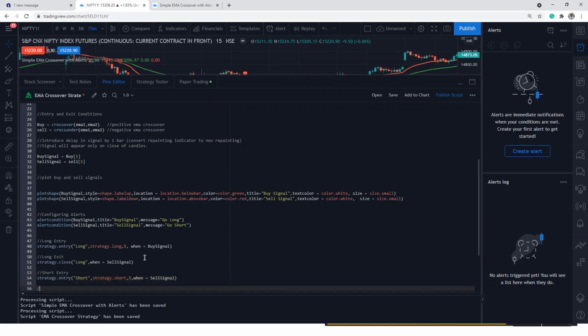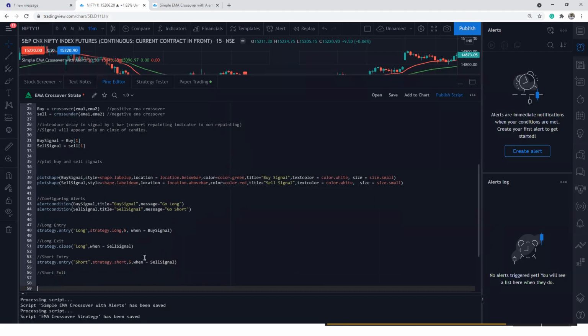And finally, I want to code the short exit as well. Short exit. See how I'm coding. Strategy.entry. Sorry, strategy.close. I want to close the position. For which position? It belongs to the short position. It's the same ID I'm using here. Whatever ID I used is the same ID I'm using here also. It can be any name. If you are putting 12, here also you have to put 12.